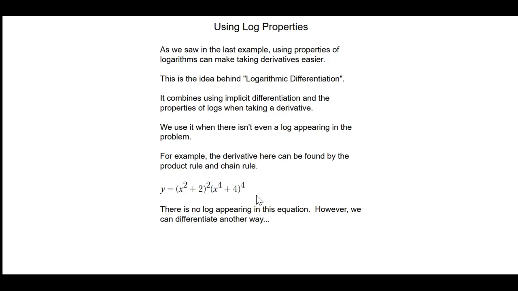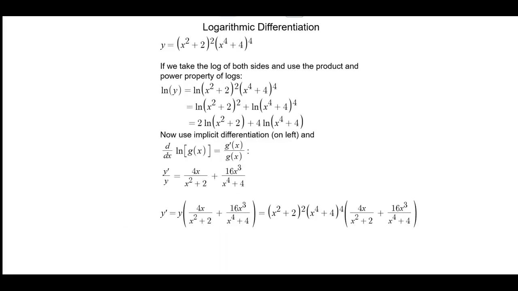So for example, this function doesn't have a logarithm appearing in it. But one method of finding the derivative of this function would be to take the log of both sides and use those log properties and implicit differentiation and then solving for y prime. So here's an example. To find the derivative of this, I take the log of both sides,